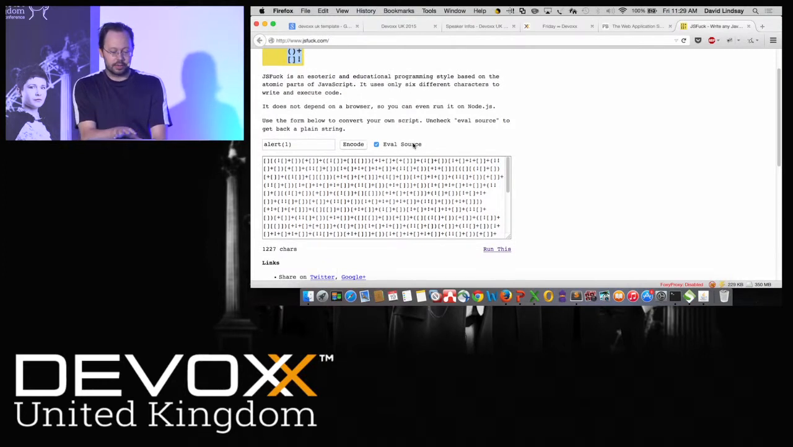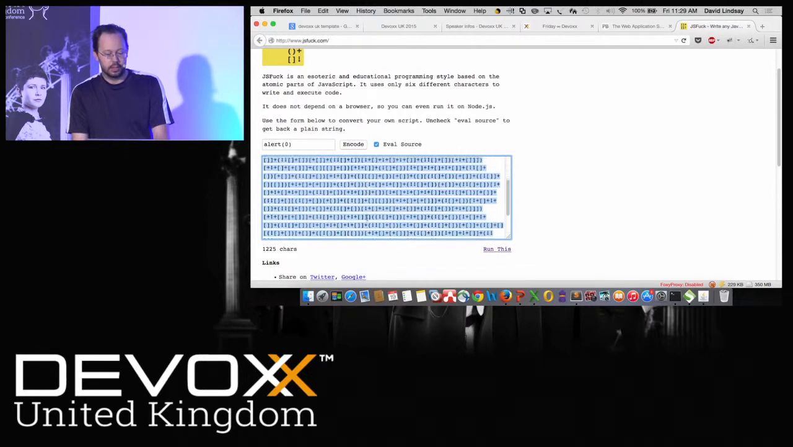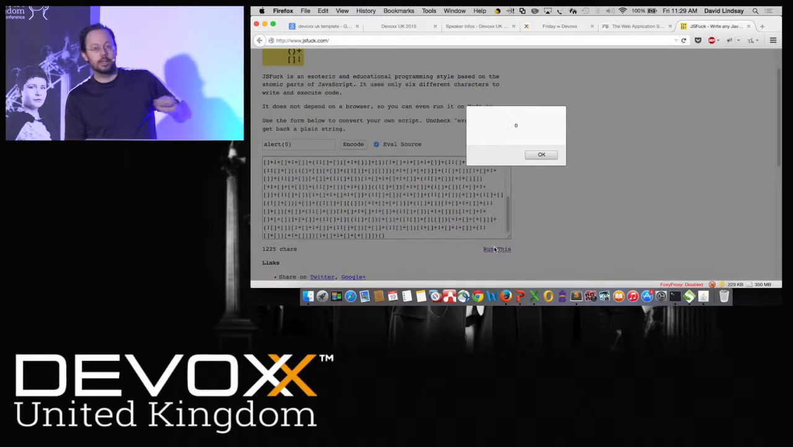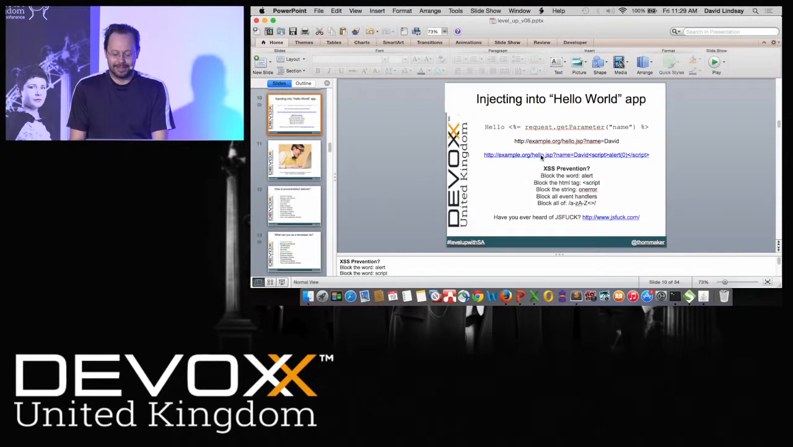kind of proof, I didn't create this site, but somebody created this just as a proof of concept of how that works. So if I wanted to execute, like, alert 0, click encode, and then this is the output that's generated. So this here is actually straight up pure JavaScript that will execute. And if you don't believe me, click run this, and there you go. There's my alert. So the moral of the story here is that, going back to my slides, play